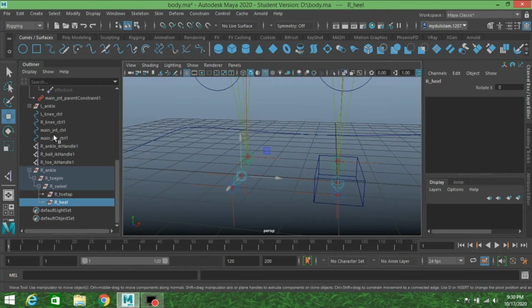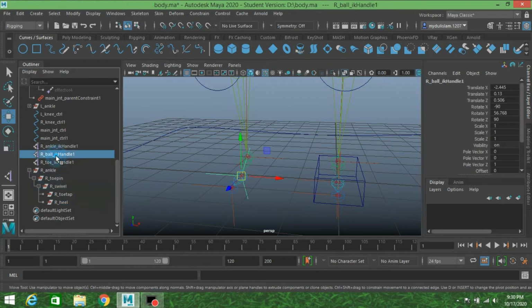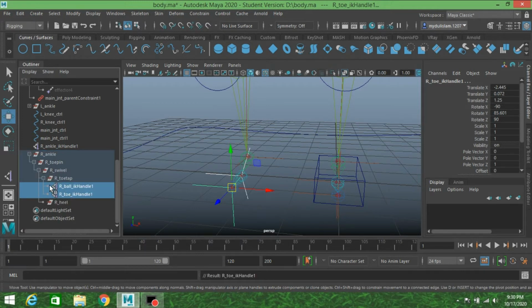Now select the right ball IK and right toe IK handle, middle click and drag it to the toe tap. See?